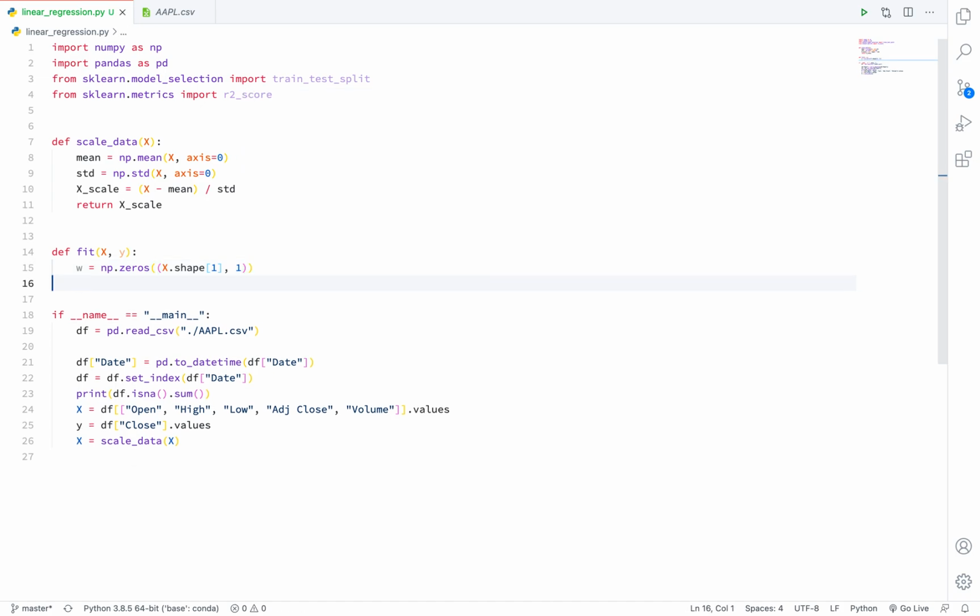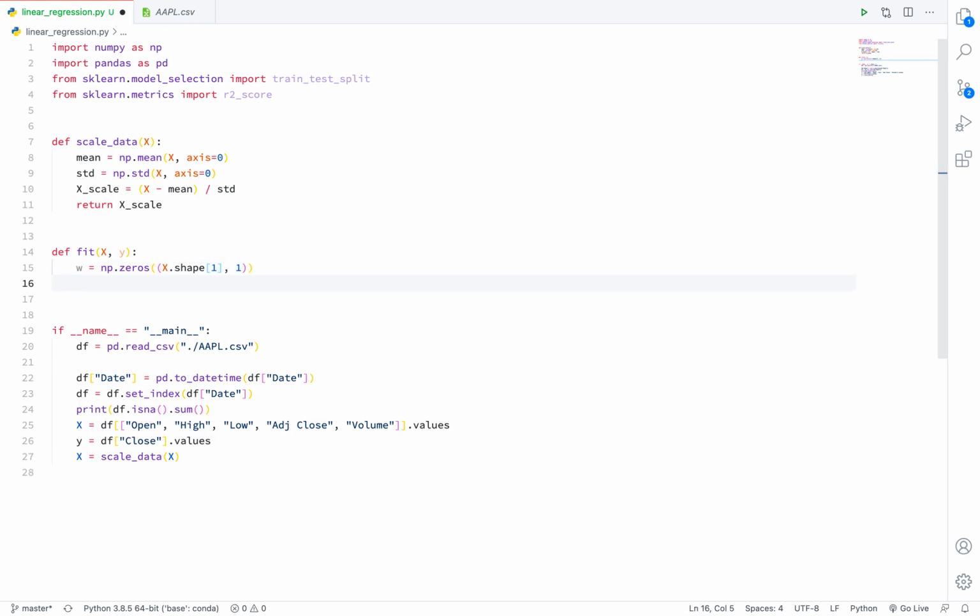Basically, the length of the weight, in short, is how many columns are in your data set. Using the shape function, we get the row length as well as the number of columns. So we can extract the number of columns by just putting index 1.